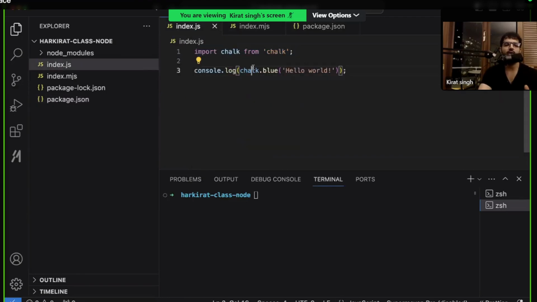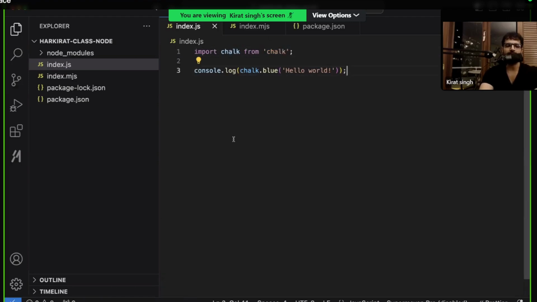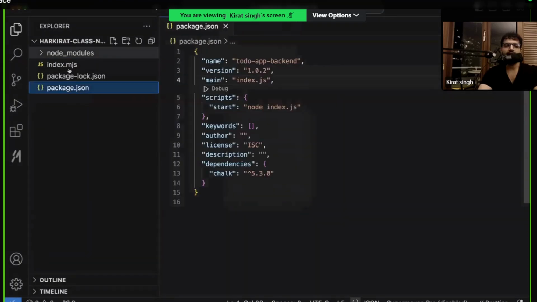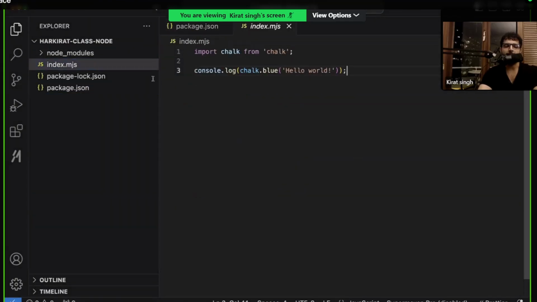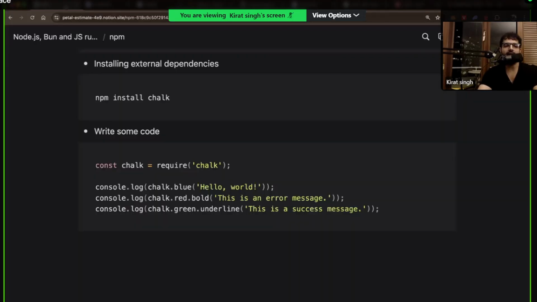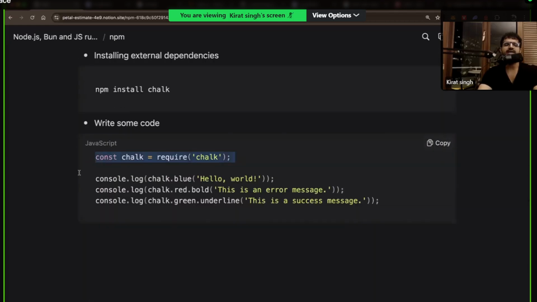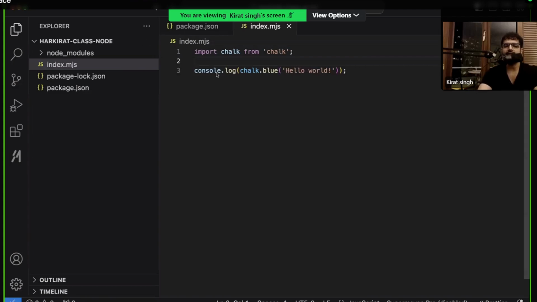But for now, for using this chalk library right here, rather than creating an index.js file, create an index.mjs file. I repeat, create an index.mjs file. And over here, rather than requiring chalk like this, use a different syntax, this more modern import syntax.